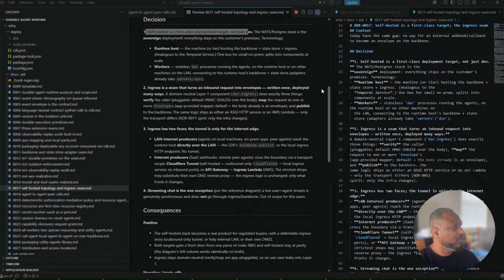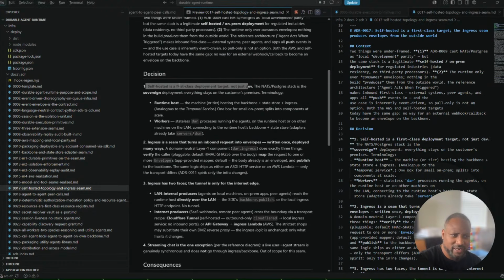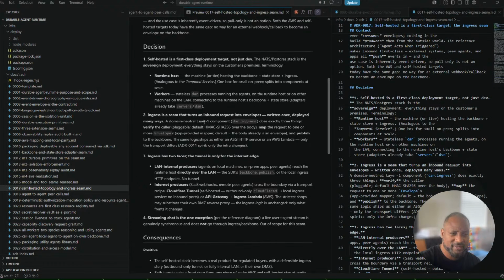All right. So at the end of the day, what the ADRs do is that the ADR is going to capture all the decisions. So we make those decisions. Self-hosted is a first-class deployment target. Ingress is a seam that turns an inbound request into envelopes. So that's just fancy language to say that, hey, ingress is a portion of our design, and its only function,